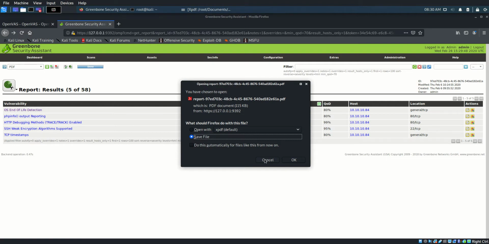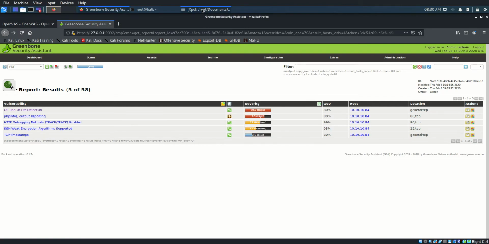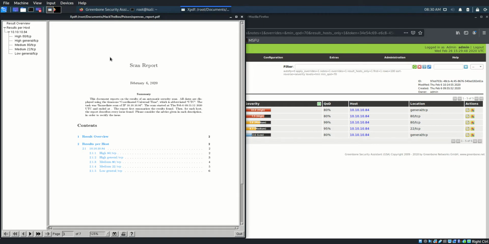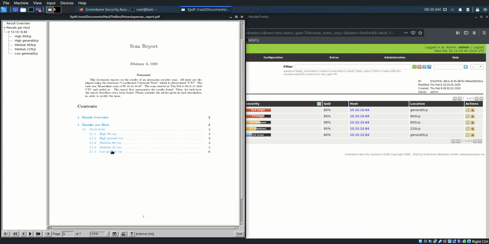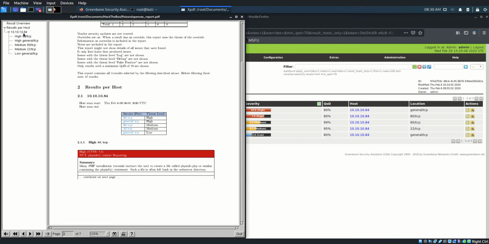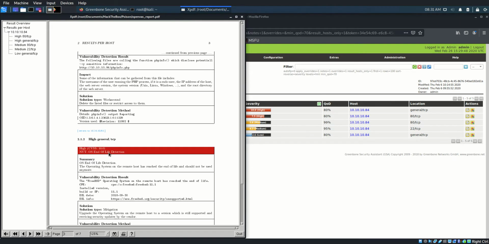Luckily for us, I already have one offline, so this will be the report here, and you'll see the findings here. You see the host. It'll list all the vulnerabilities per host, and it will classify them depending on the vulnerability type, if it's high or very high, low, medium,